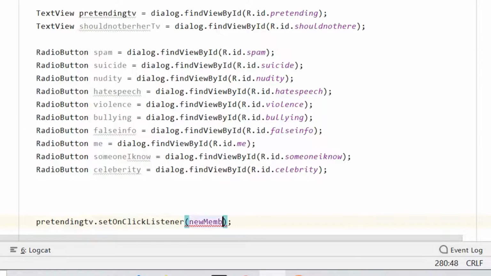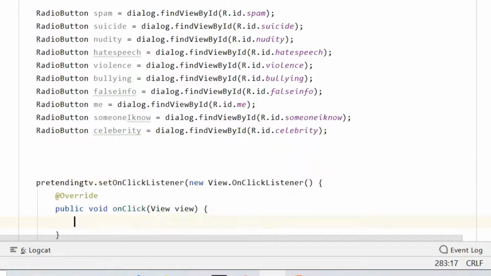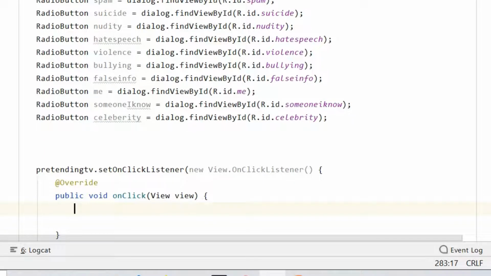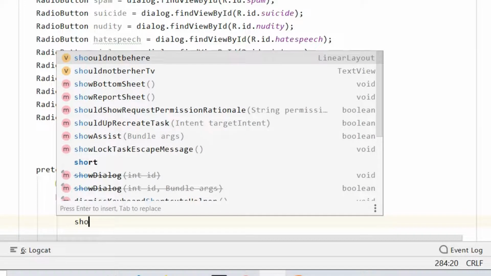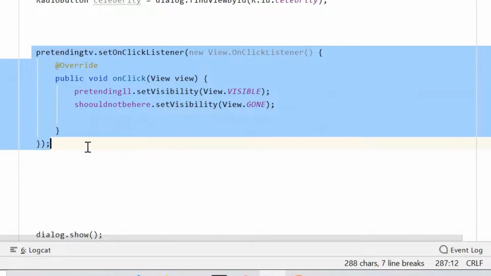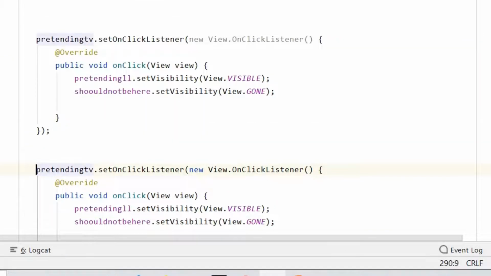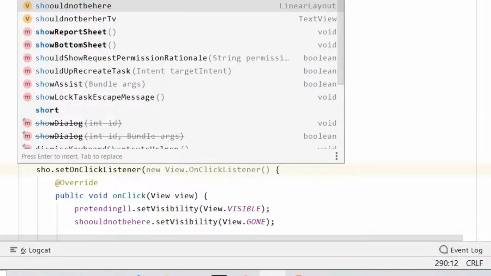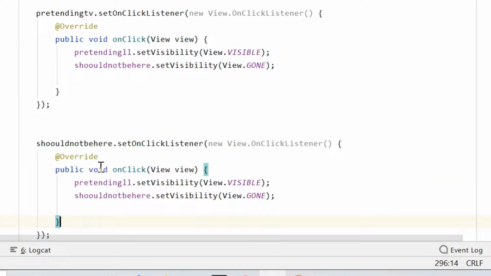Then new, and then View.OnClickListener. So when the user clicks on that first text view, I mean the second text view, pretending to be someone else, we will simply make that pretending linear layout visible. Simply click on the pretending linear layout dot setVisibility, and that will be visible. Then we will make the should not be here linear layout dot setVisibility, and that will be gone. Now we will copy this code, Control plus D, and then make this pretending into should not be here. So when the user clicks on that should not be here TV,